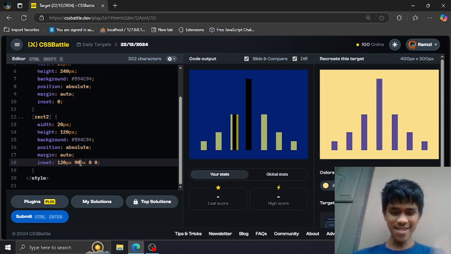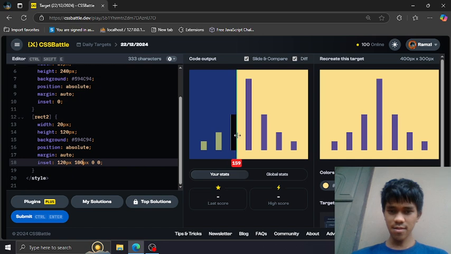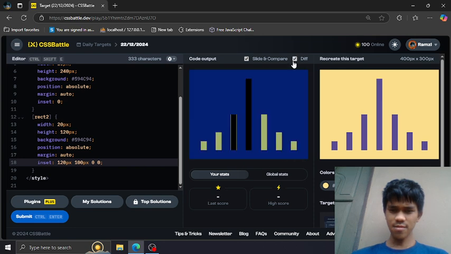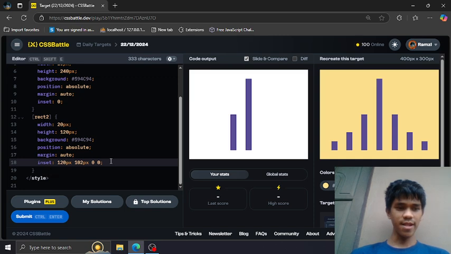What's happening? 98. That 100 seems fine, but it's not. I think we need to push this to the left side slightly by 2 pixel. Alright, now it has no overlay.